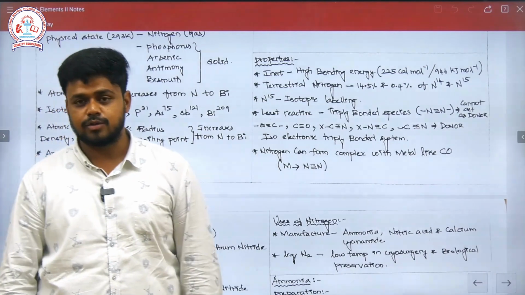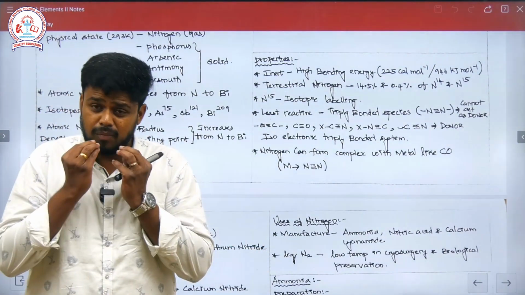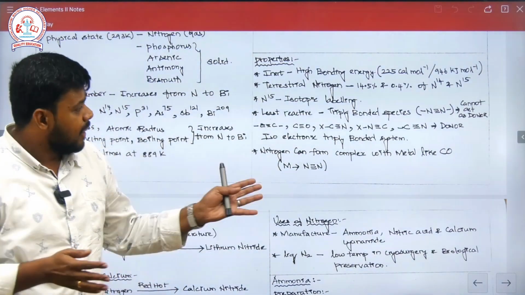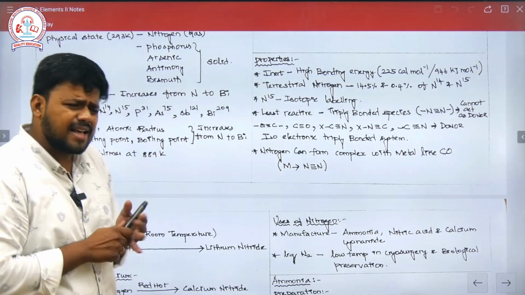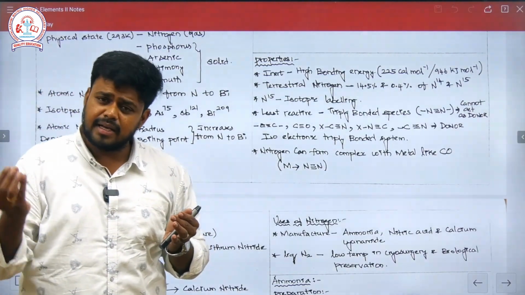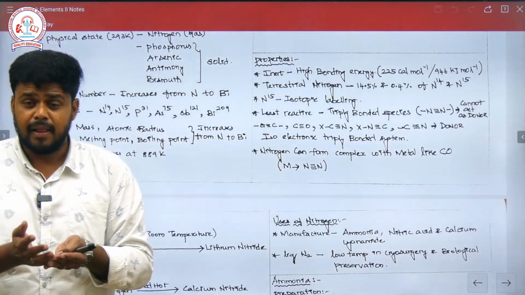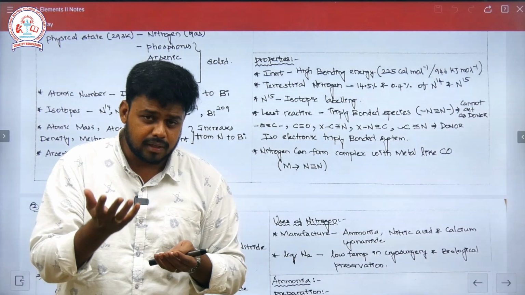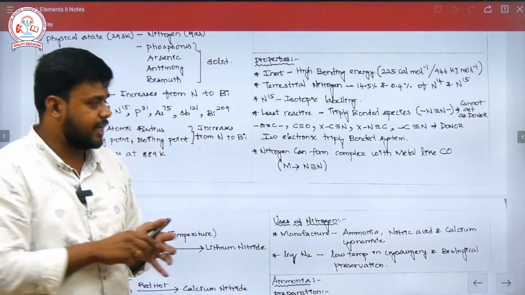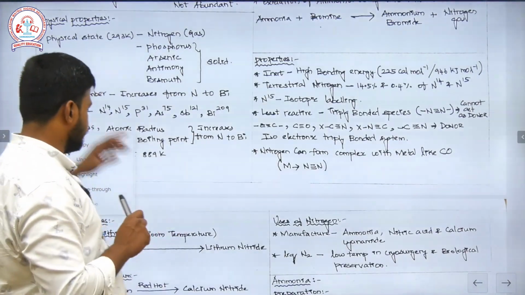Similarly, nitrogen can form complexes with metals like cobalt. As with carbon monoxide, it also has the ability to act as a donor. It donates an electron to the metal. When it donates an electron to the metal, the electron density increases. So immediately the metal will give electrons back to the nitrogen. So that is what is mentioned here as back bonding, of the coordinate bond that has been formed. Next one,